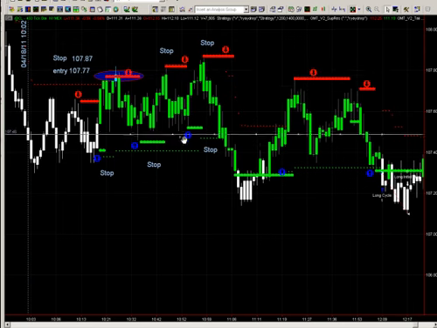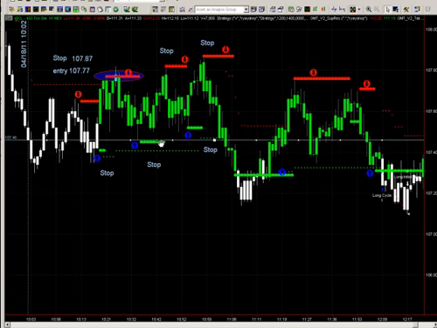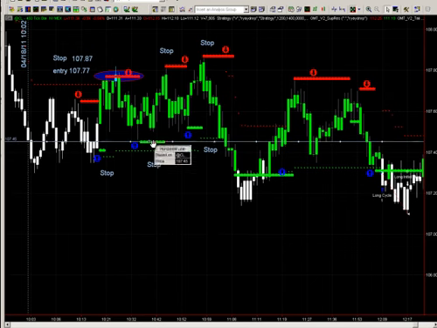Now we get the support level print, so remember that once we get this support level print, we're actually looking to be buyers at that level. So once that set up and printed, we would go from being short in the market to potentially taking a long setup. Now if for example it doesn't hit this level here, then our rule might be